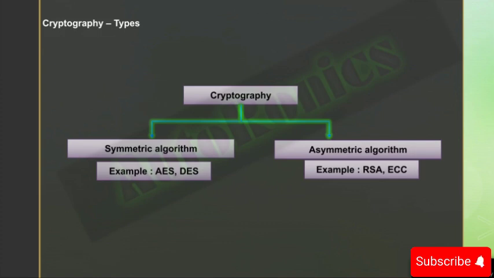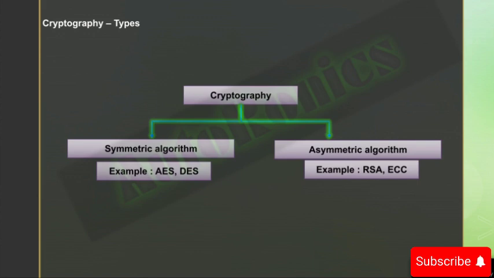Let's see about the asymmetric algorithms. RSA, which stands for Rivest Shamir Adleman, was found in the late 70s, and ECC, which is elliptic curve cryptography, was found in the late 80s. If we compare both of them, the same level of security is achieved with a smaller key size in ECC compared to the RSA algorithm.